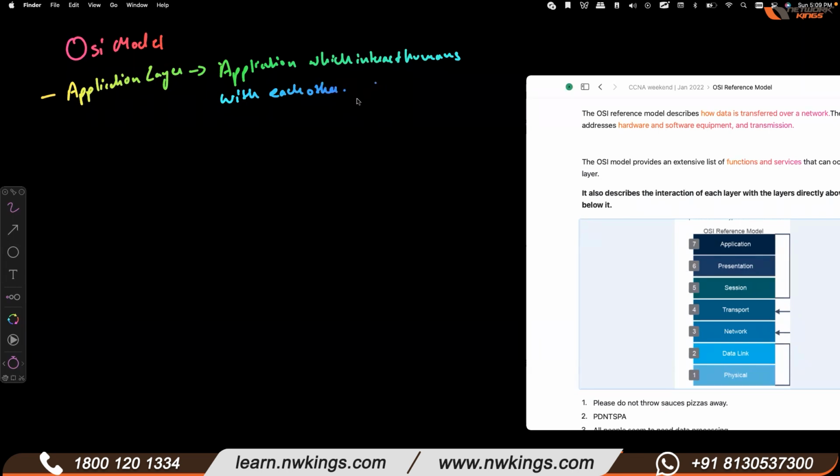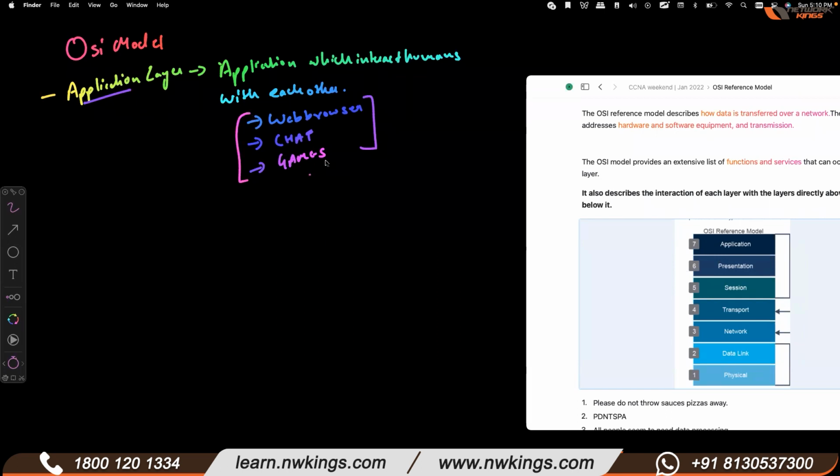For example, there is a software called a web browser. What is a web browser? This is software to access the internet. You open Facebook, Google, everything in a web browser. There is chat software, maybe Microsoft Teams, or Zoom meetings, WhatsApp and all these. These are applications. So web browsers, chat software, and maybe any games, like Call of Duty, Counter Strike, all these games you can consider applications,